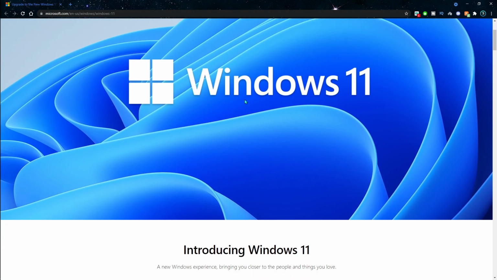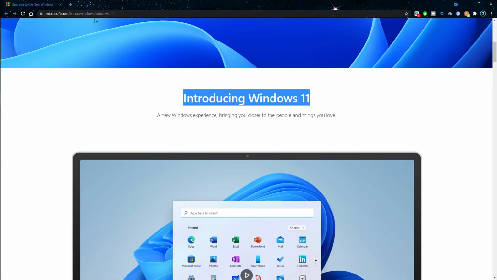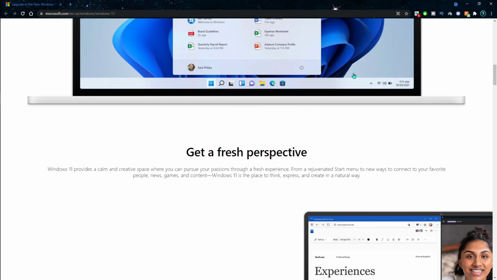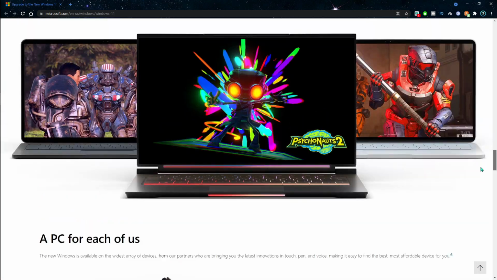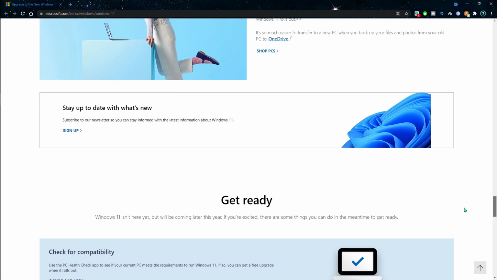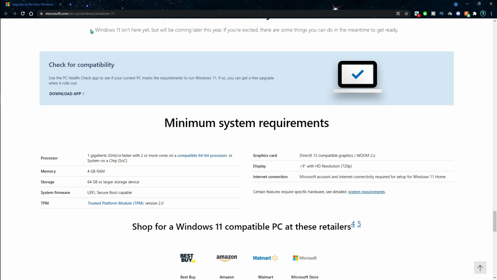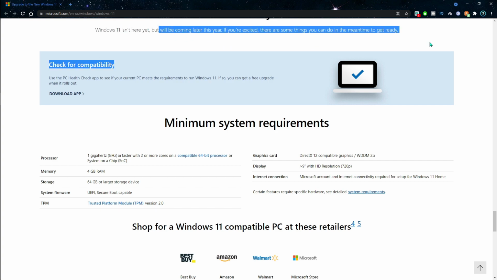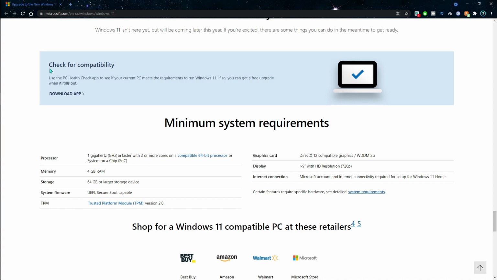Now once you come to this website, you'll see Windows 11 and it's the official Microsoft website. As you guys can see, scroll all the way down, you can see the features of Microsoft and Windows 11, and if you scroll all the way down, you'll see something called Get Ready. It also says that Windows 11 isn't here yet, but it'll be coming later this year. If you are excited, blah blah blah, there are some things, and if you guys can see, there is a